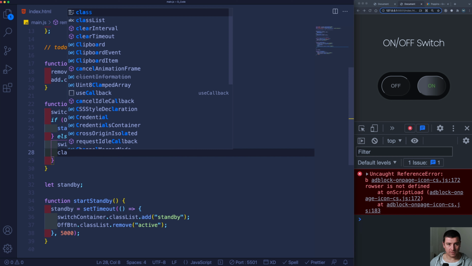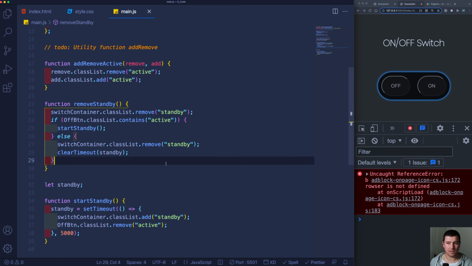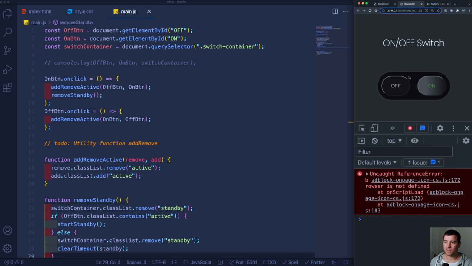So what we need to do now is to clear our timeout. So let's use our clearTimeout function, and what we need to clear is the standby. If we click on our on button, then the standby is going to disappear. Click on our off button and wait for 5 seconds. Then